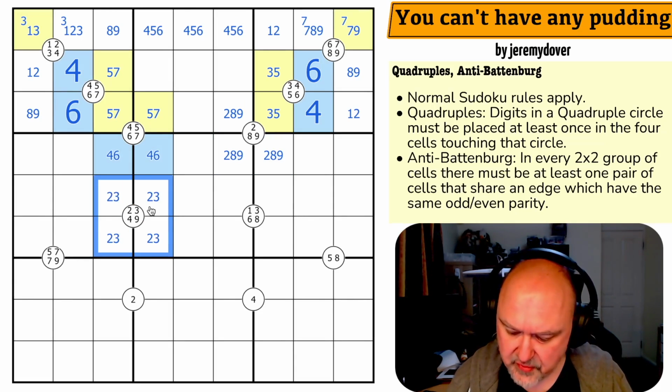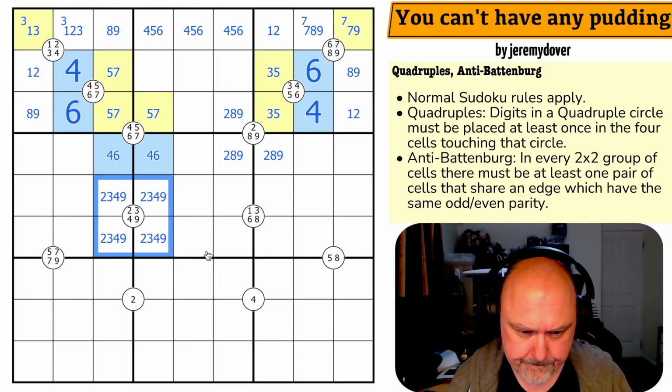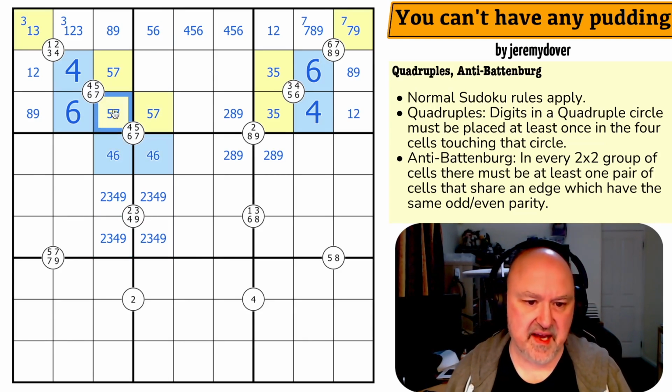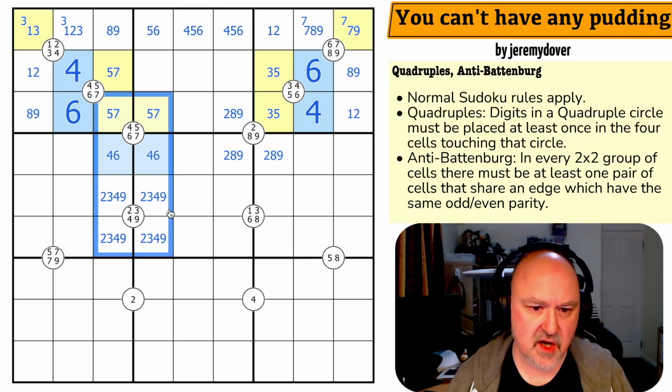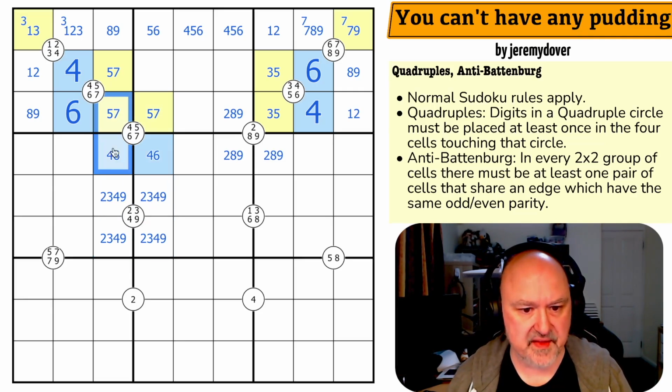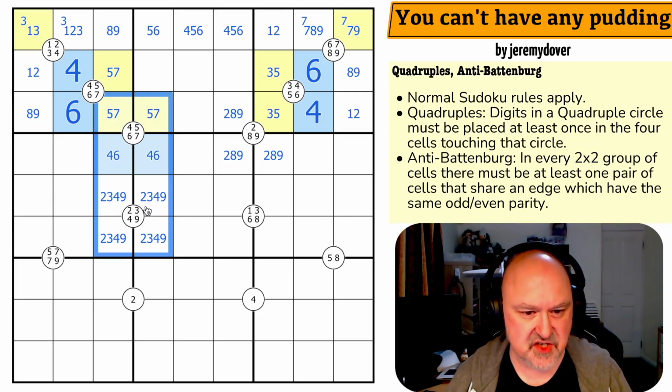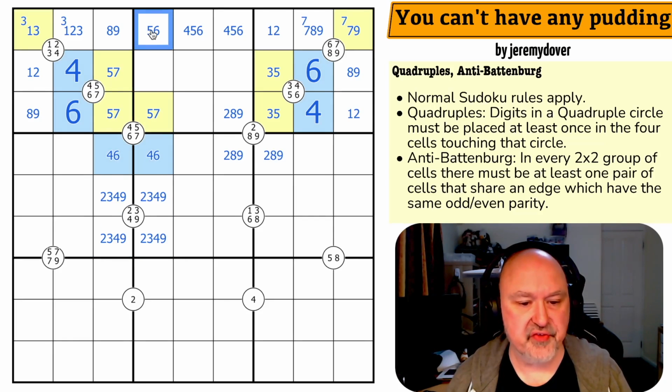Okay, so these are 2, 3, 4, and 9. I'm not sure what to do about that. Well, what I can do is I can remove 4 from that cell because this is a quadruple trick. Anytime you've got 2 quadruples like this, where the quadruples do not overlap, but they share either the same 2 columns or 2 rows, and they contain the same digit, you cannot put that digit somewhere else in those columns or rows. So, for example, if I was to put a 4 here around this quadruple, the only place I could have put the 4 would have been, if I didn't know anything else, in one of these 2 cells. Now, in this case, it was here.